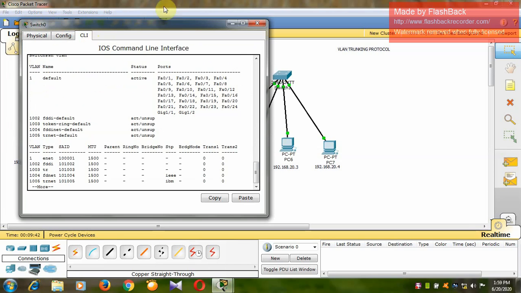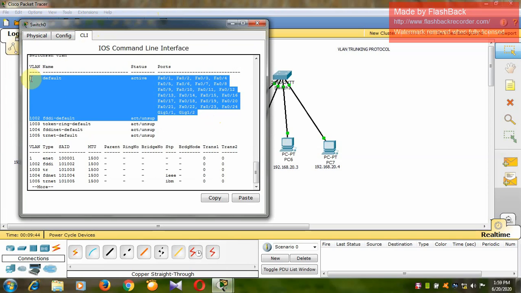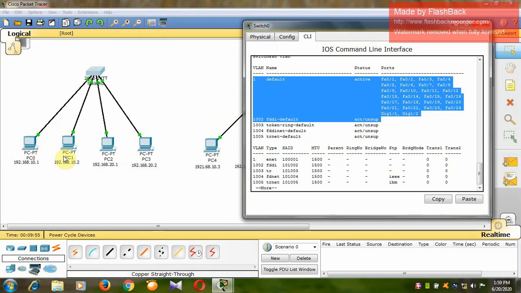You can see that all these ports belong to the single VLAN, that is VLAN 1. Even though they are in the same VLAN, some PCs are communicating with each other while some are not. PC0 and PC1 are communicating, and PC0 and PC2 are not. Why? Because PC0 belongs to the 10.1 network and PC2 belongs to the 20.1 network.